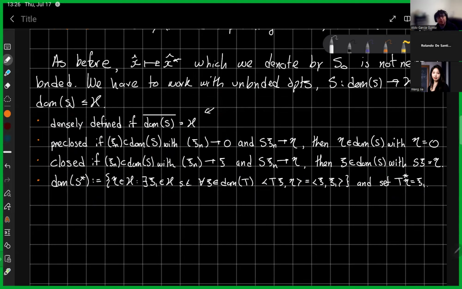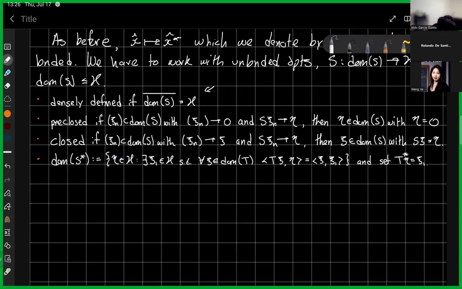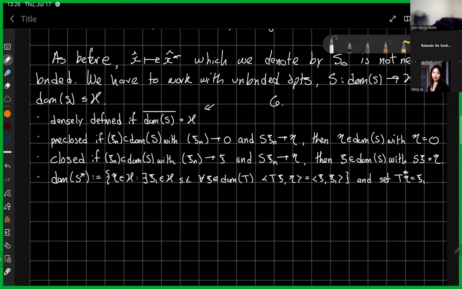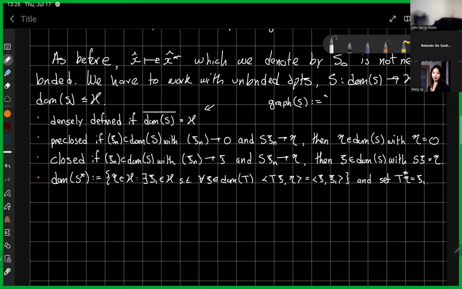Although you don't have any notion of continuity here, the best thing that you can ask for is closability, or pre-closed, which means that when you look at the graph of this operator, which is just